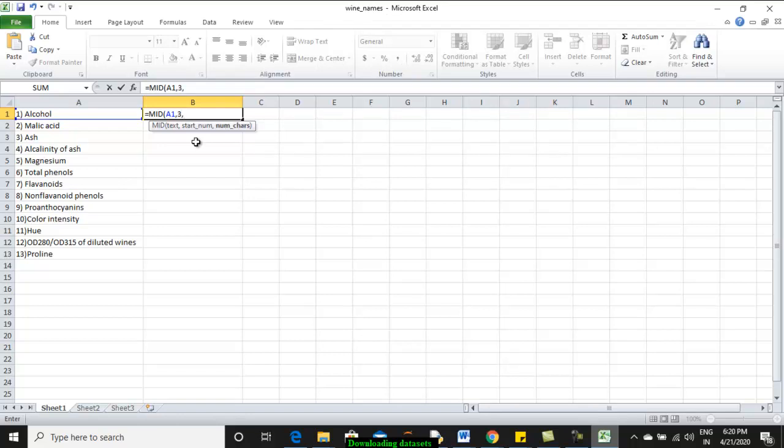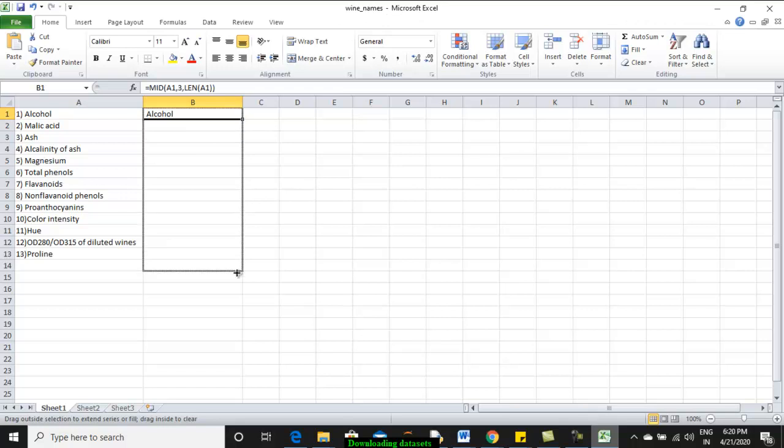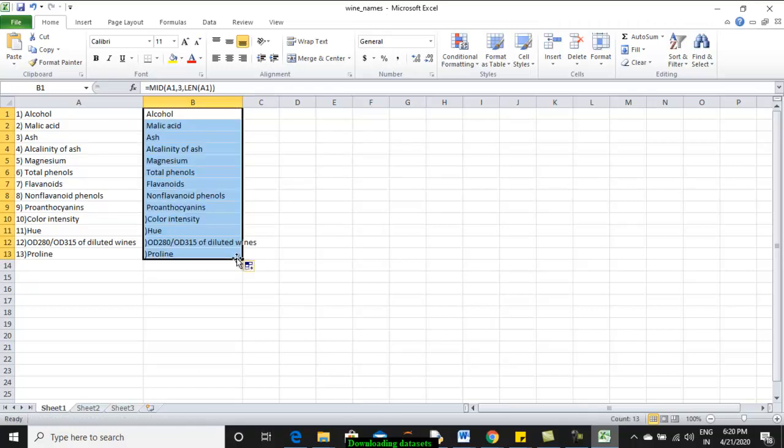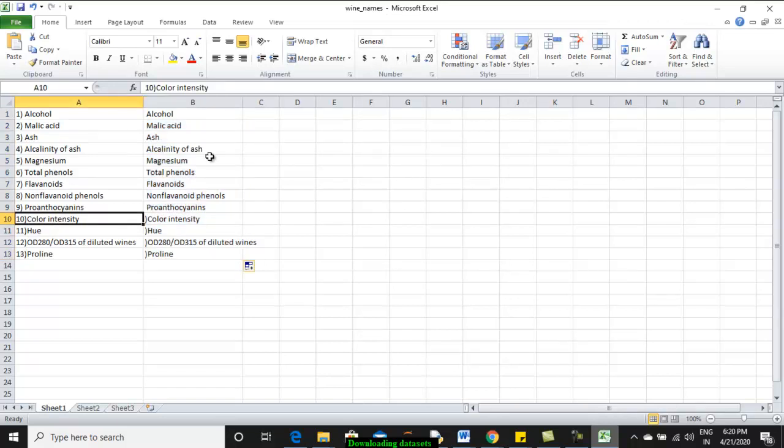Okay, until what length do I have to move on? So till the length of the same text. Okay, so if you click on it, you can see the word will get created from here. Here the problem is that there are actually 2-digit numbers and hence it should not start with 3, it should start with 4. This we have to do manually, we have no other way, you just have to execute. That's it, we have done.